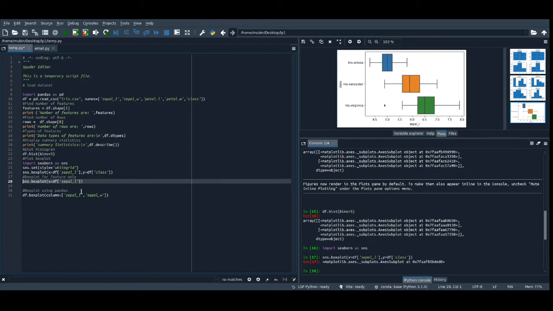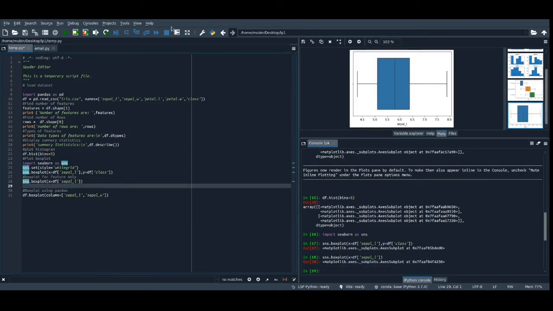For a box plot of a specific feature only, I can execute this statement. So this is the box plot for individual sepal length. This is for a single attribute. And now we can have the box plot for a number of columns using the data frame function from pandas. So df.boxplot in brackets and the columns. Suppose I selected 2 columns over here, so I can execute this statement.